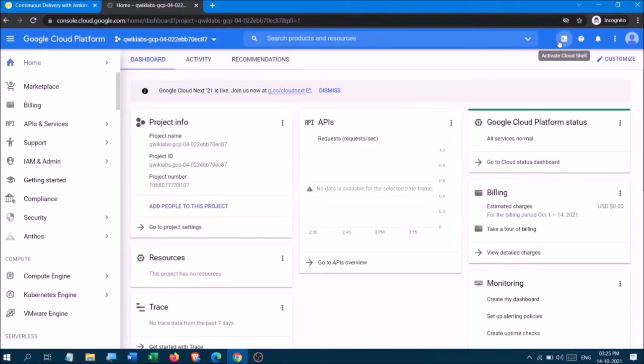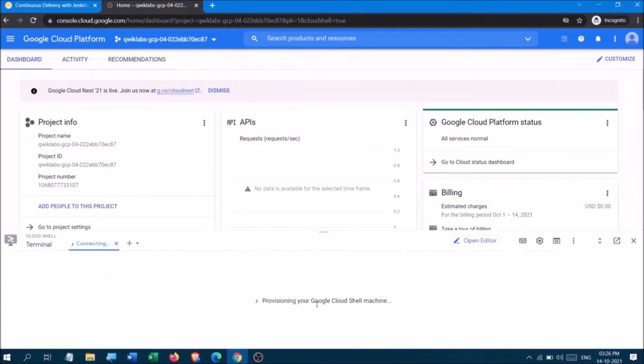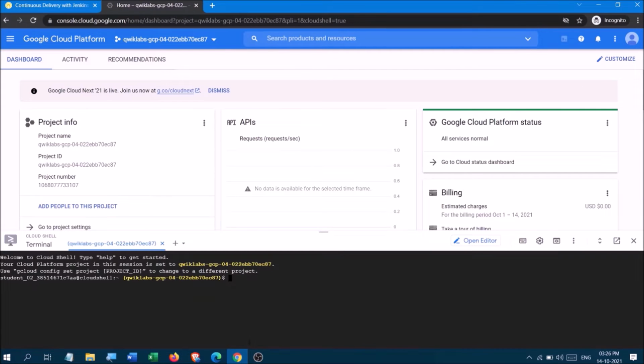Now we are going to start the Cloud Shell part. We are going to copy the commands according to the instructions. If it says to copy this directly, then you can go with that. Yes, we have completed that. Now we are going to clone the repository.